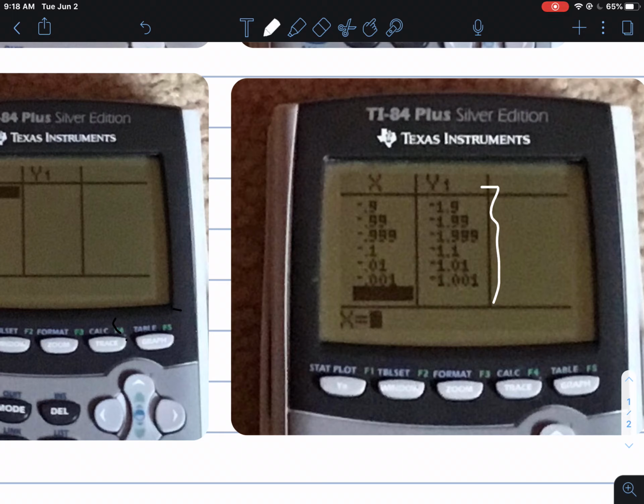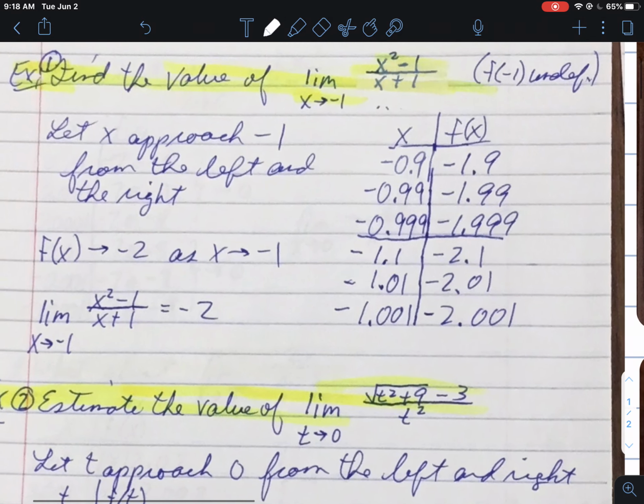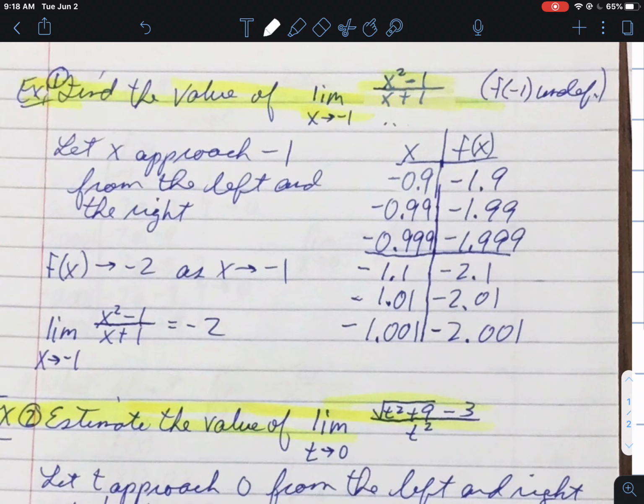So x approaches a, in this case, is negative 1. So we're plugging in values from the left and from the right of negative 1. And then we're looking at what happens to those y values. Those are our function values. Right? And then we're looking to see if those are approaching or getting close to some number. And in this case, from both sides, from the left and from the right,